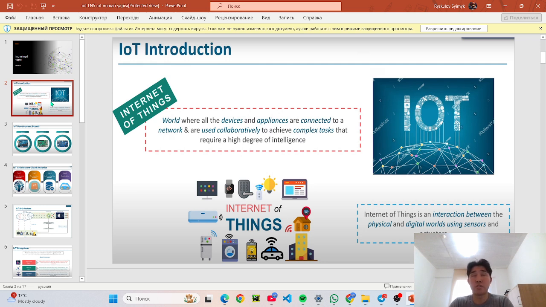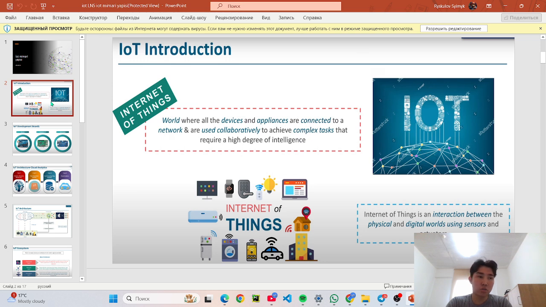Examples of applications: smart homes, which control lights, doors, and surveillance cameras; healthcare, with wearables and health monitors; agriculture, with sensors that monitor the field and automated irrigation systems; transportation, with smart traffic lights and autonomous vehicles; and industry, with critical machines whose requirements are real-time resource and supply chain management.